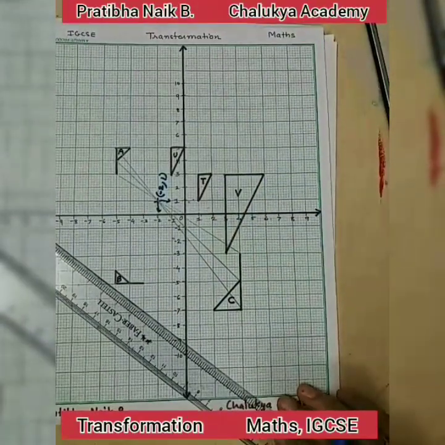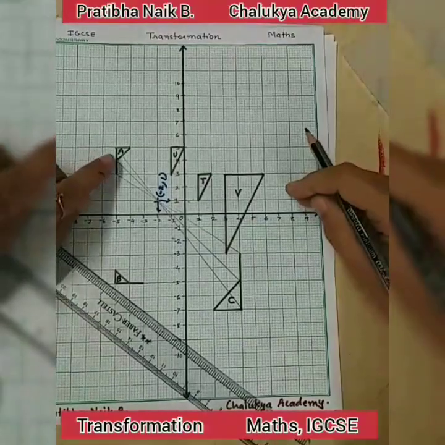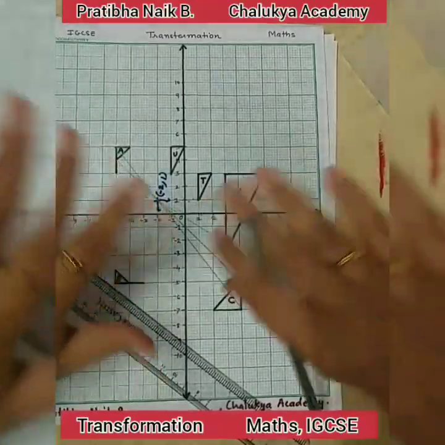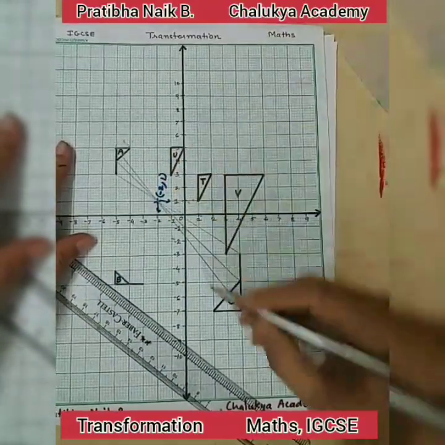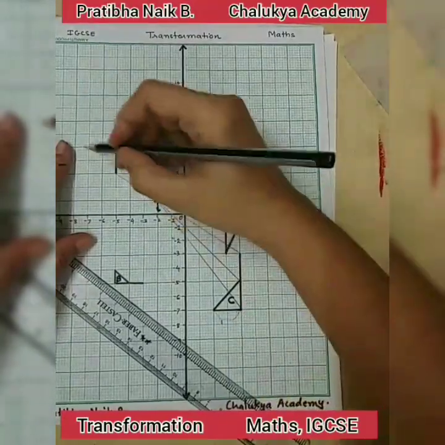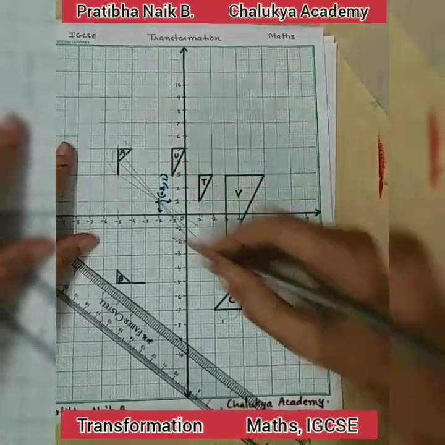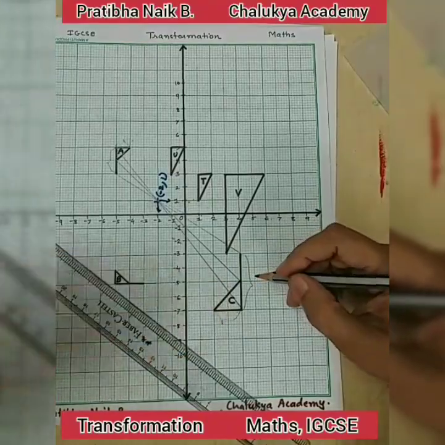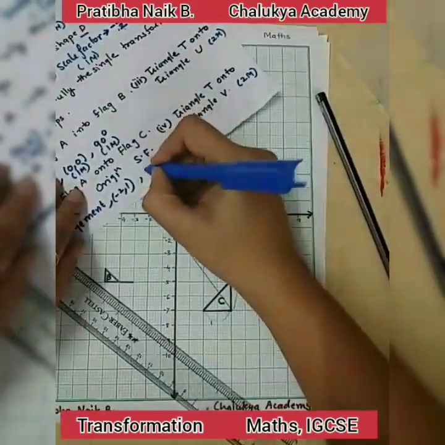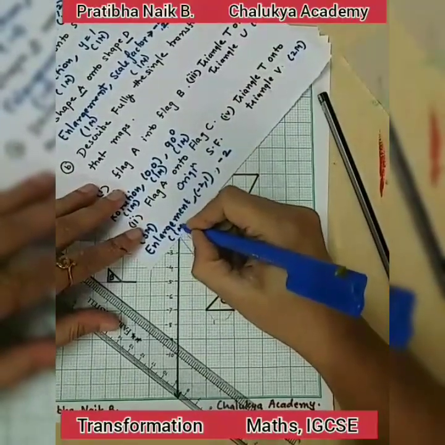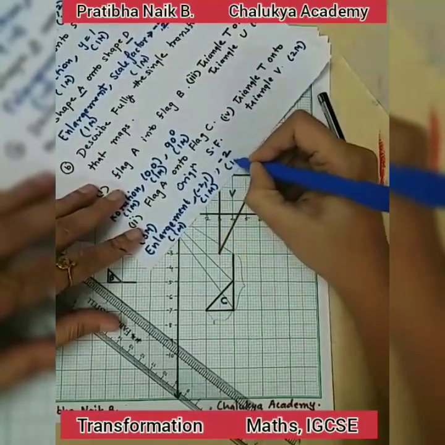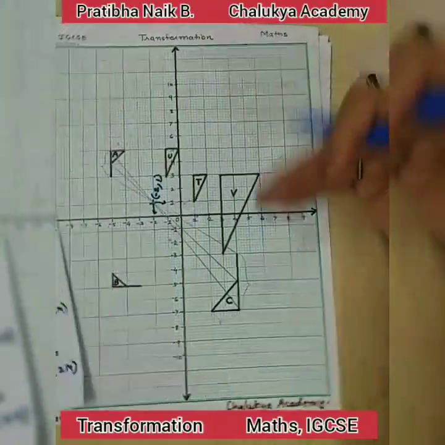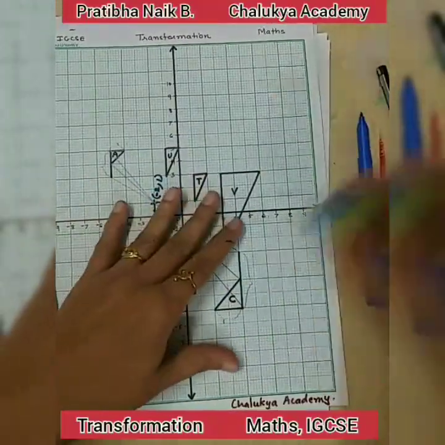Now we have to go for the scale factor. First of all, the flag A to flag C, the figure is moving downwards, that means it should be minus. Again you can see this is 1 unit and this corresponding side is 2 units. If you see this side is 2 units and its corresponding side is 4 units, that means the scale factor is 2 and it is -2 because it is moving downwards. So this is -2. So 1 mark for a type of enlargement, 1 mark for origin and 1 mark for a scale factor. Okay, so I hope that you are understanding what I am showing and how I am drawing it. So this way you have to show on your paper.